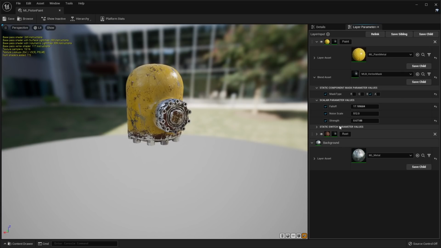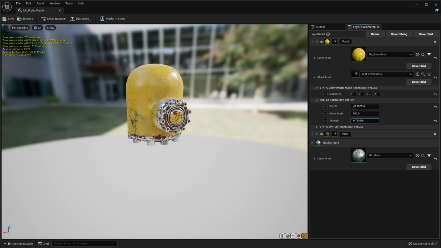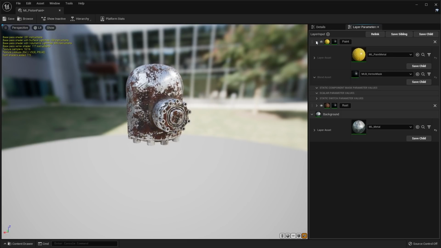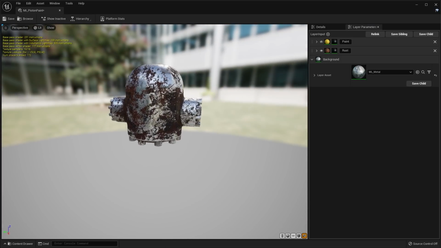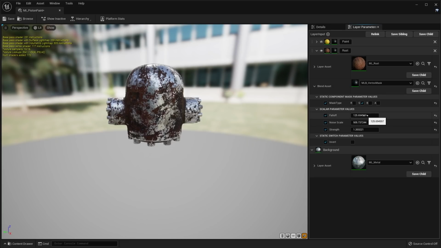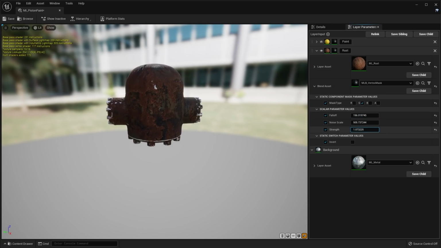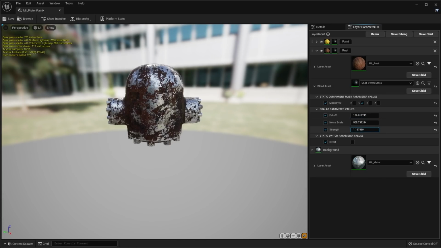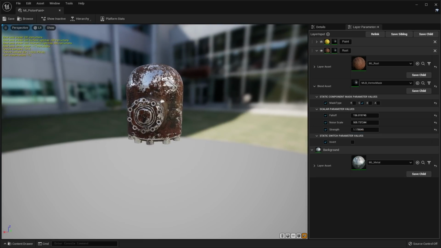Once these are in, I can control the density of this paint information and the strength of the paint information, with an additional noise channel to control the random variation. I could also turn this off altogether, leaving me with just two channels, and I can control the strength of the rust build up on that surface.